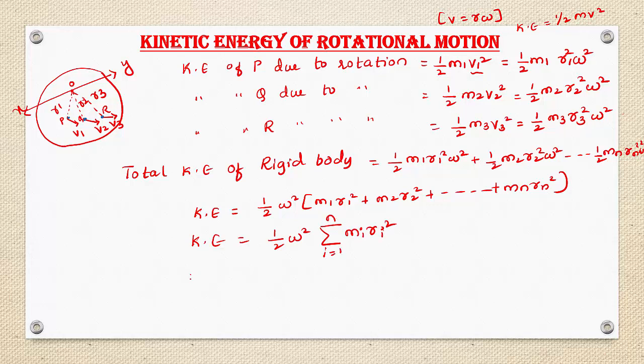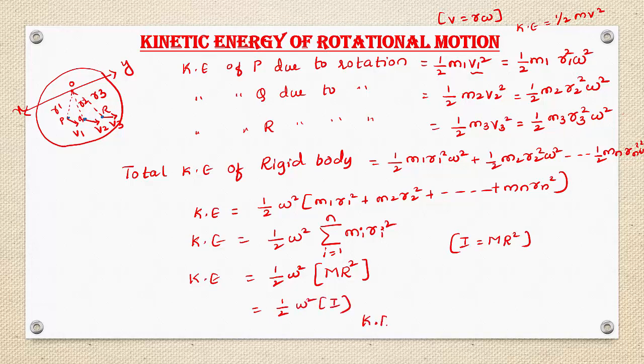In this form we can write, or it can also be written as K equal to half omega square, keep as it is. So instead of writing summation of mi, we can write total mass M. Instead of writing summation of ri, we can write the position of center of mass, that is radius of gyration, M r square. So what is M r square? We know that I equal to M r square, that gives moment of inertia. So the equation becomes half omega square into I. Or we can write kinetic energy K equal to half I omega square. So this is the equation for rotational motion.